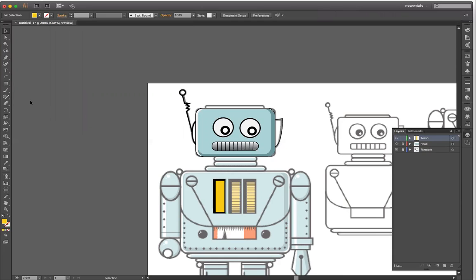deselect it. Then I want my straight line tool, and I'm going to draw from one side to the next holding down the Shift key. It's going to constrain me to a straight line. Then up at the top, make sure that it is a black line, 1 point. I like it. Then I'm going to do another one down here towards the bottom